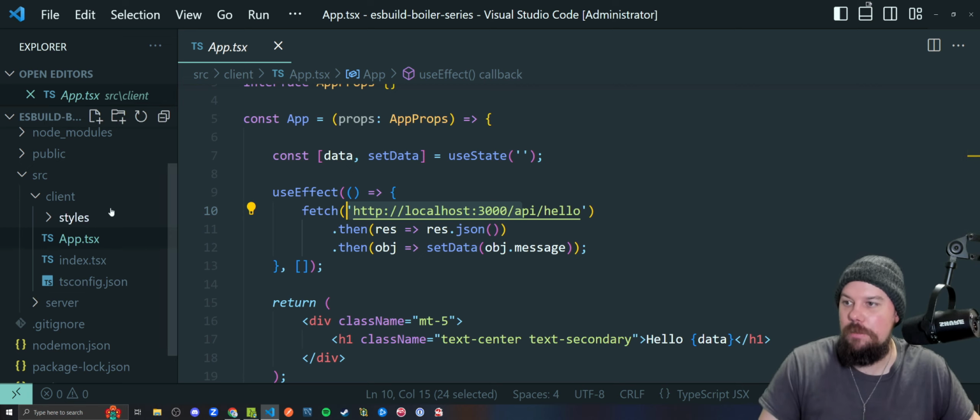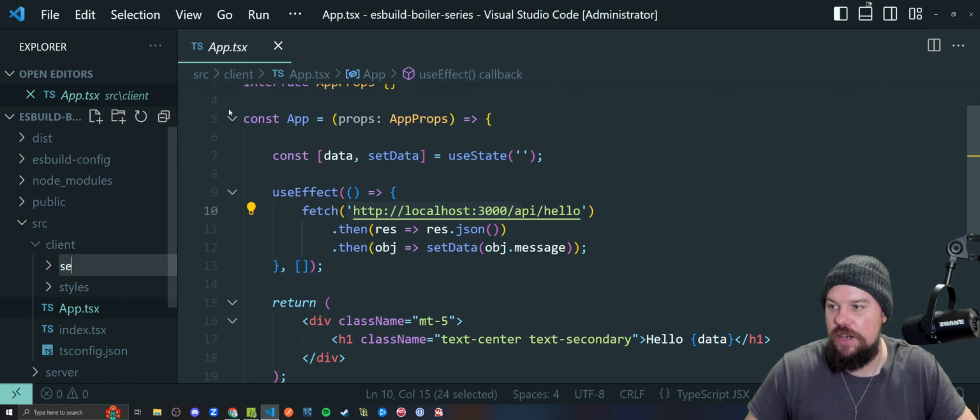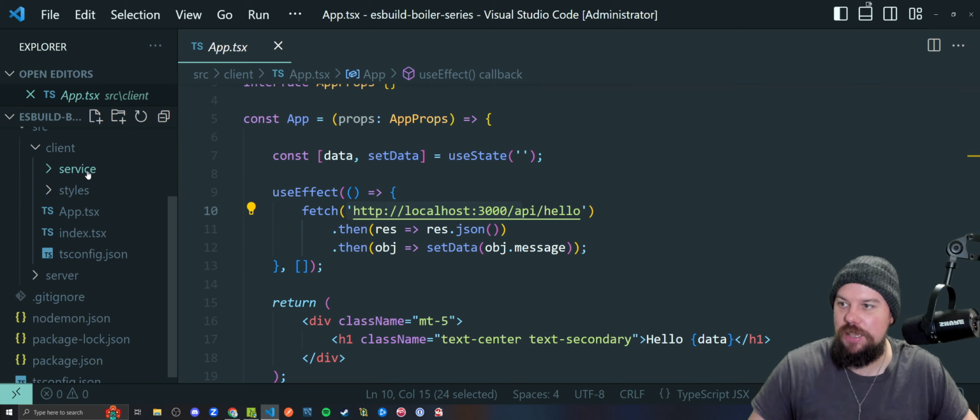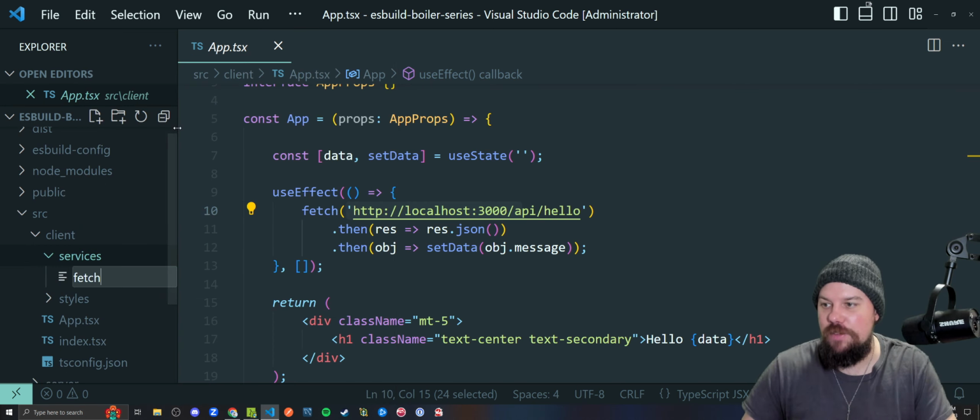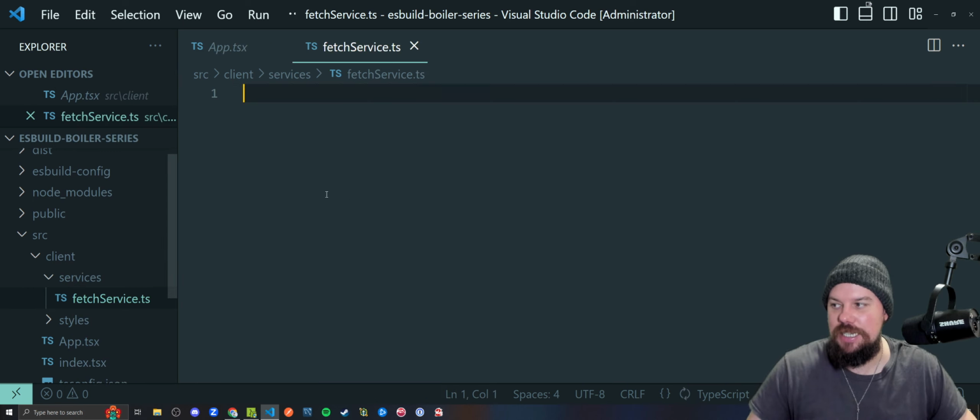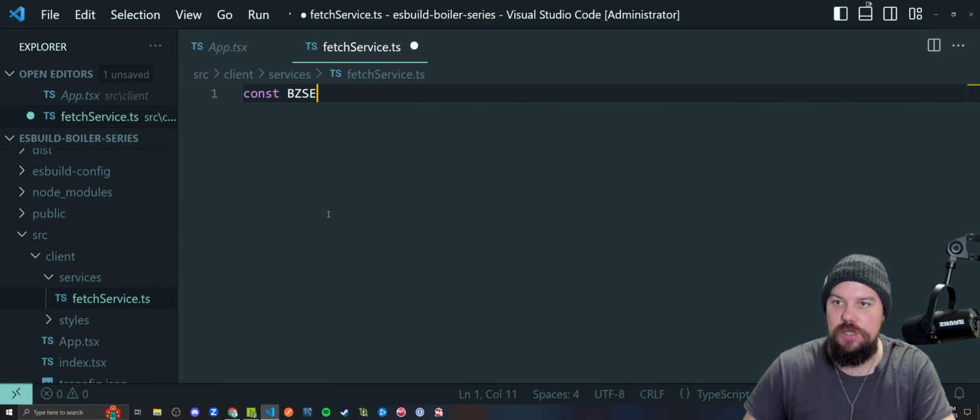So we could consider making this into a very, very rudimentary service file or something like that, or I guess all this service is. In the real world, you probably have several. I might have one called fetchservice.ts that just simply runs the following: base URL equals